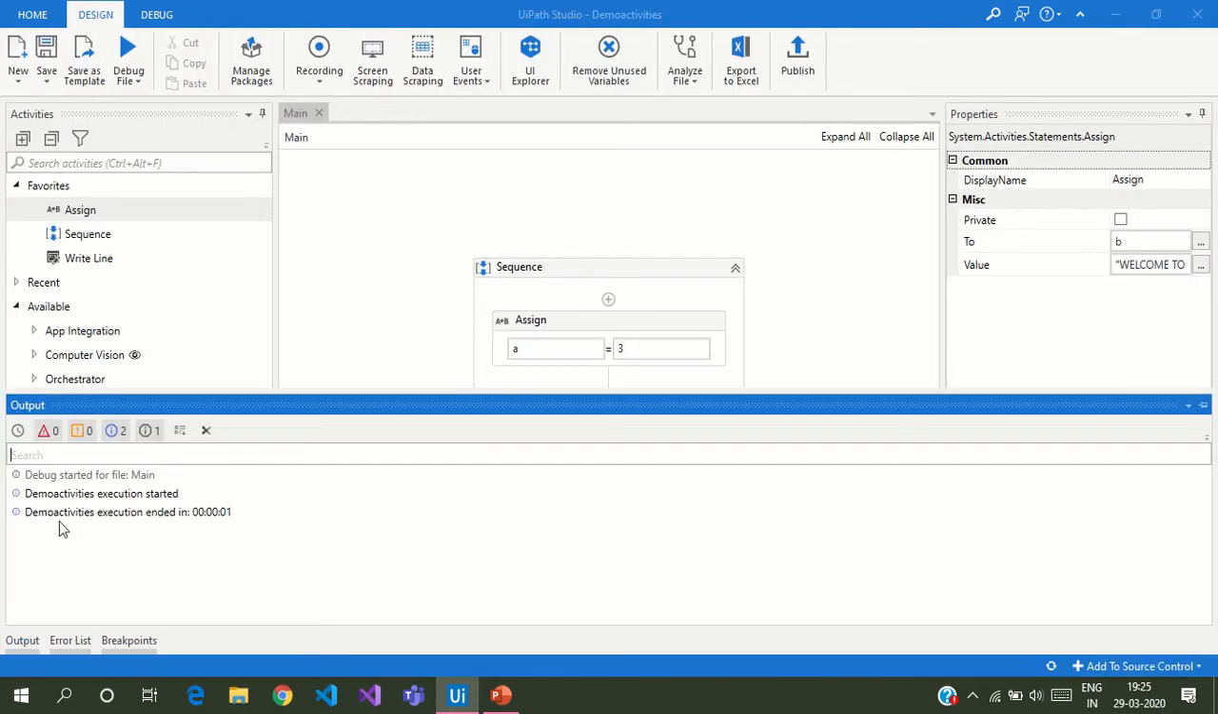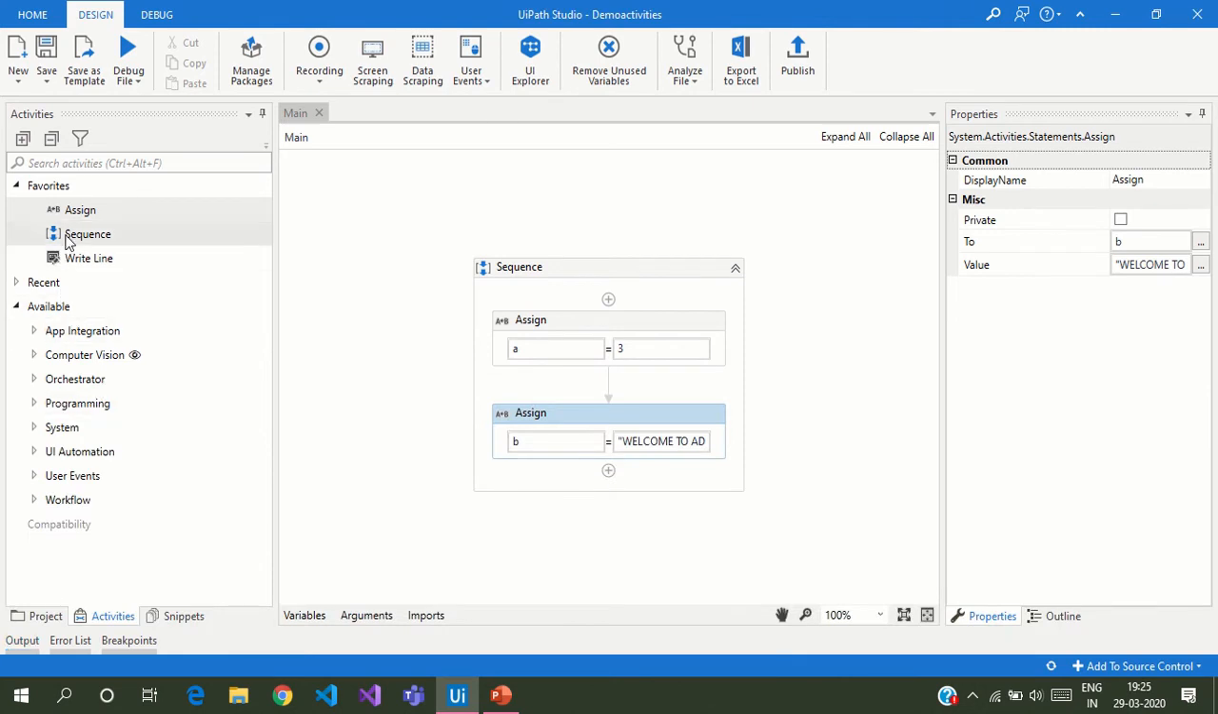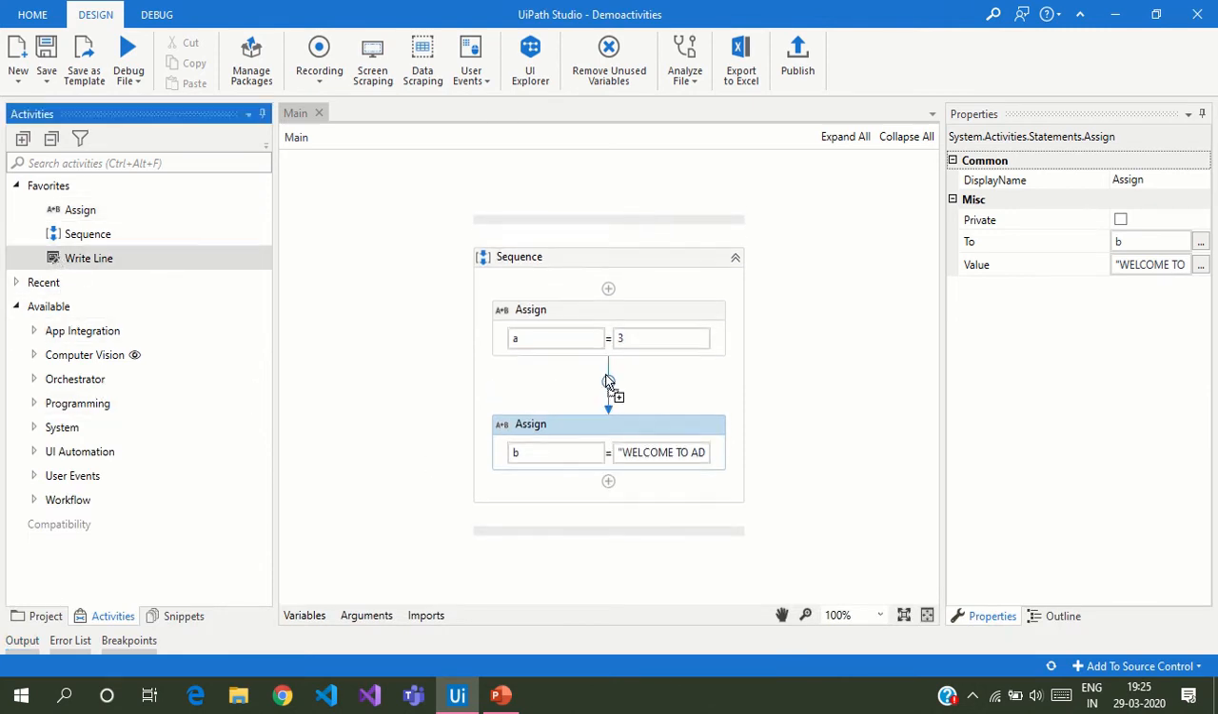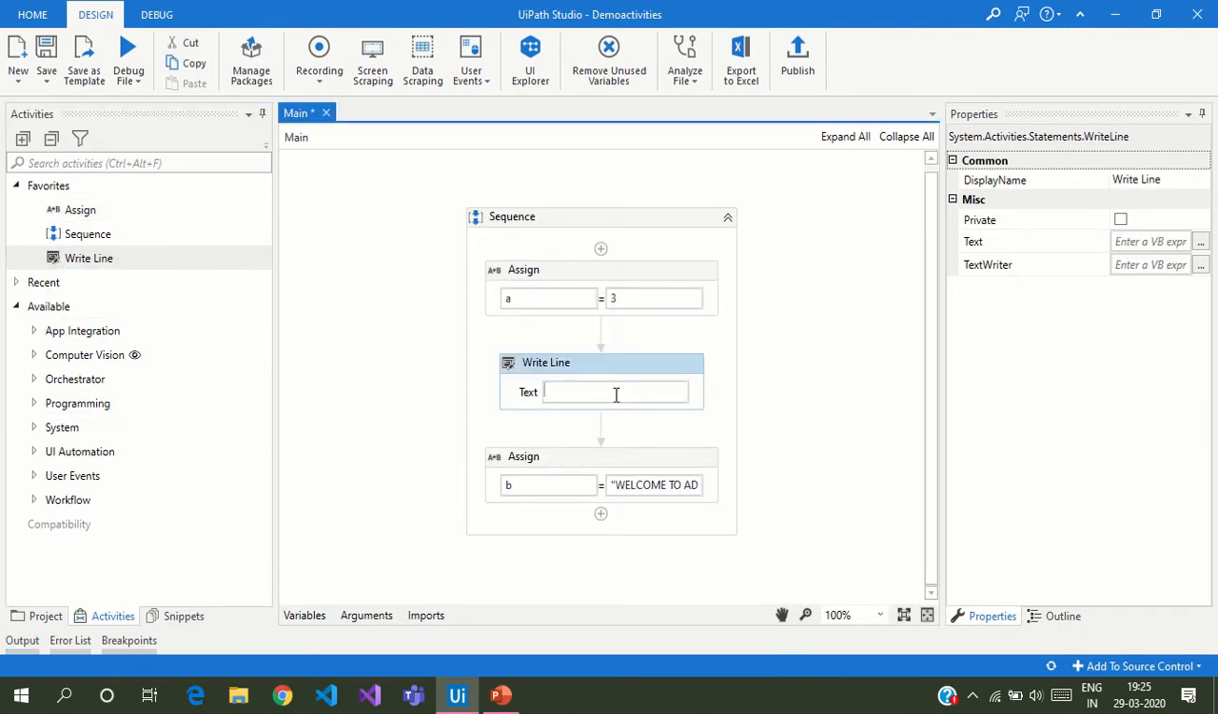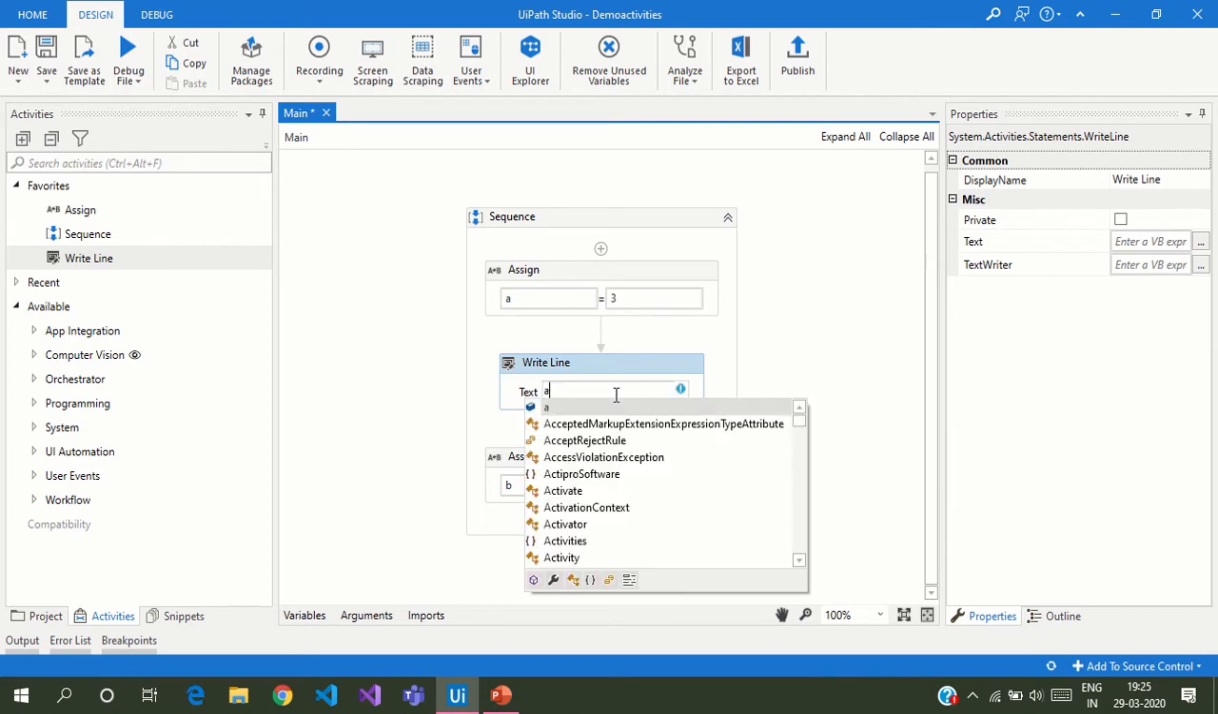But if you click on run, it starts execution and ends execution, but you haven't seen anything in the output panel, right? So in order to see the output, you have to use these write line and message box activities, where the write line activity will display